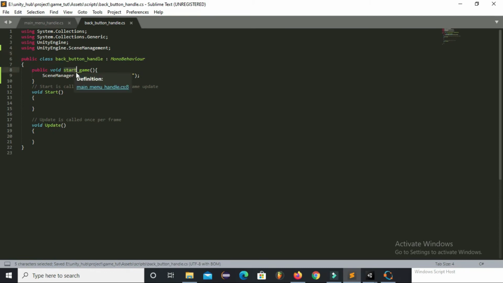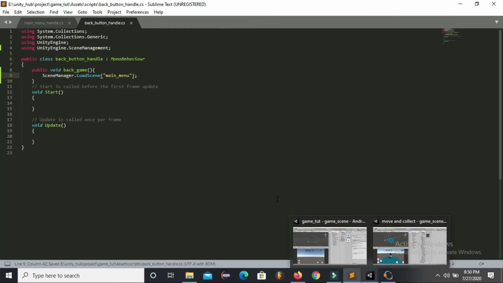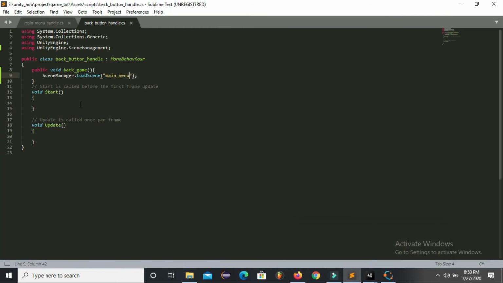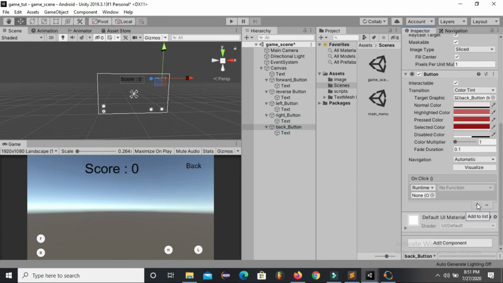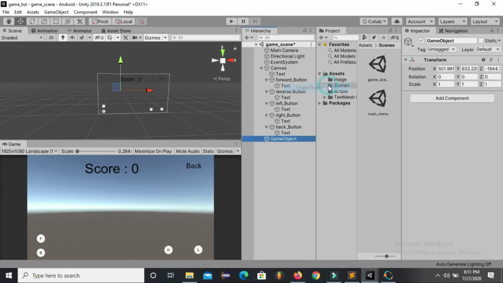Now change this function name, and change the name of the scene which we want to get loaded whenever the back button is pressed. So we want our main menu scene to get loaded. Now we are back in Unity, and open this back button, add an on click field, and first of all I have to create an empty game object.